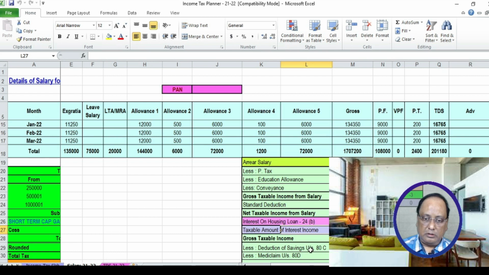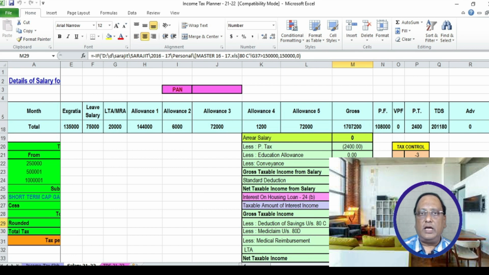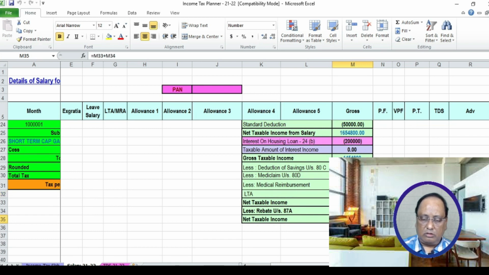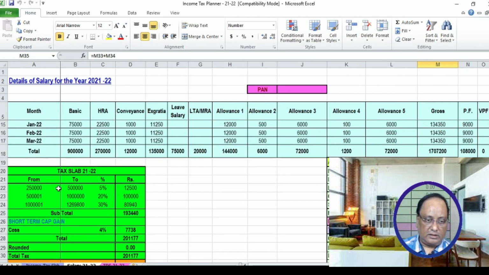So total income, and after that 80C, automatically we are getting 80C, that is 1,50,000 for the total income. Mediclaim 25,000, medical reimbursement and LTA 5,000. Alternate years you can claim all these things. So automatically your net taxable income after these deductions is coming to 12,69,800. Next, this is the slab. Here you will get everything. So up to 2,50,000 there is no tax, 0.